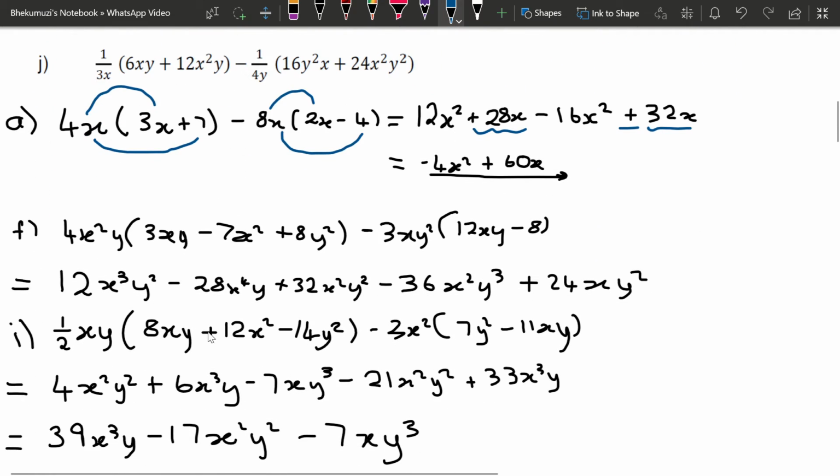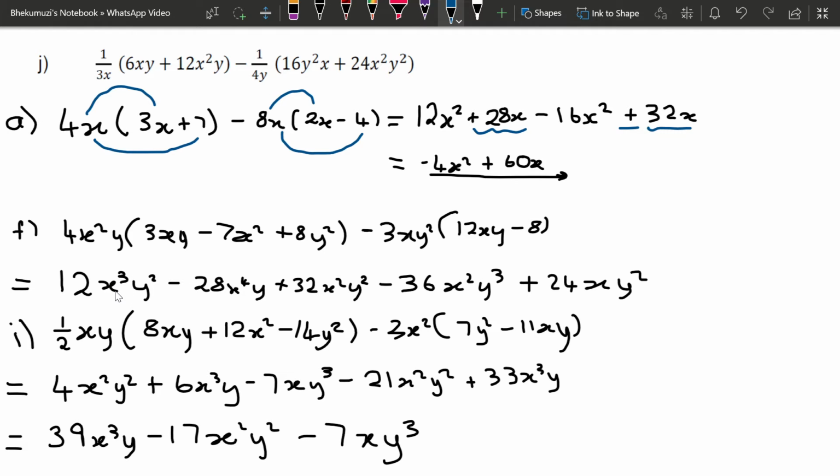And then you'd see in this case here that you would multiply 4x squared y into 3xy minus 7x squared plus 8y squared minus 3xy squared, all into the bracket 12xy minus 8, right? So in this case, you actually find that when you multiply all these in together, you do not have like terms, because remember, the combination of the variables, being x and y, are all different,